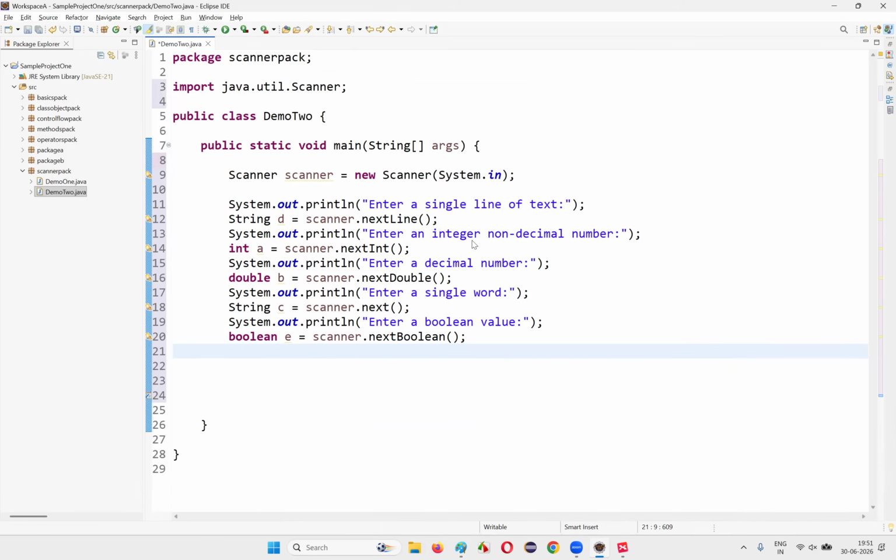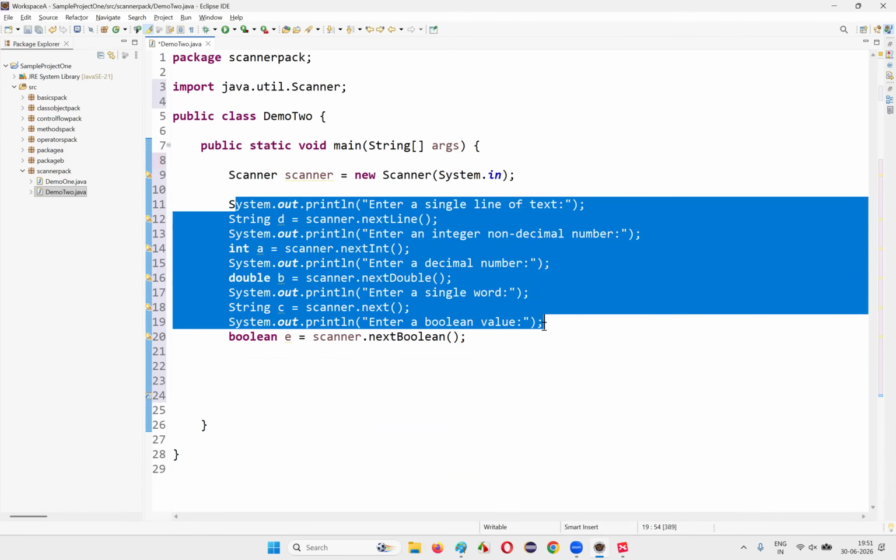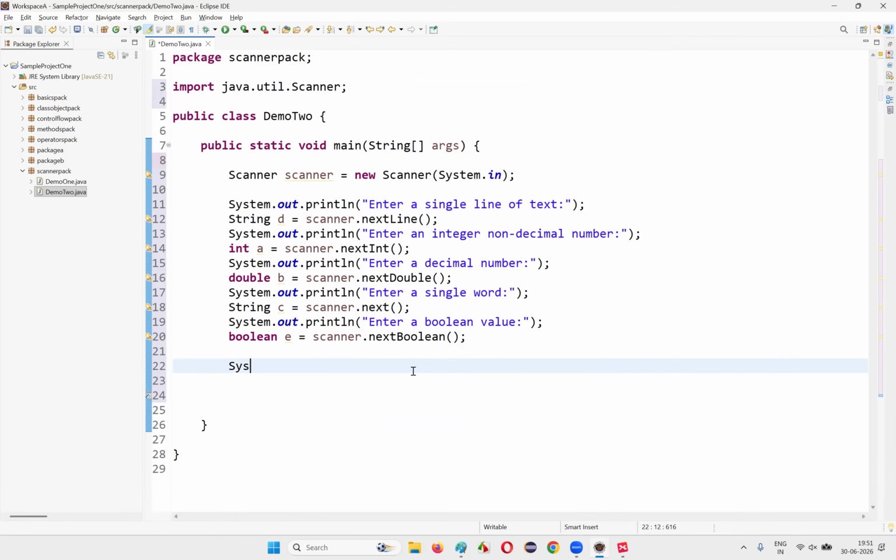Okay, I already covered the important things here. So now I'll print out all the outputs, that is